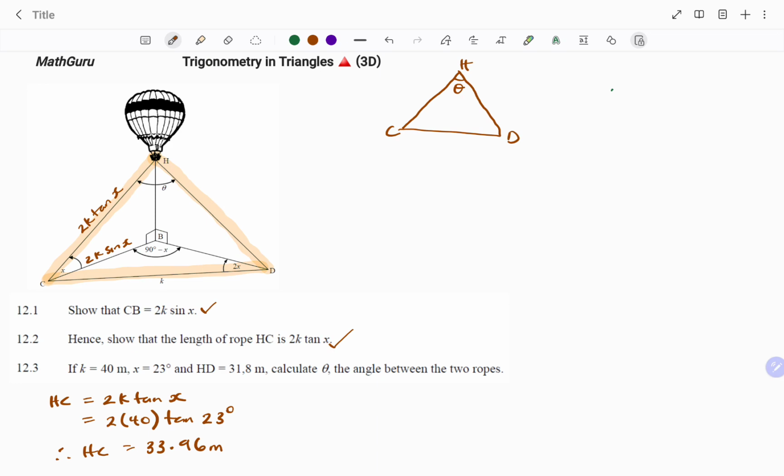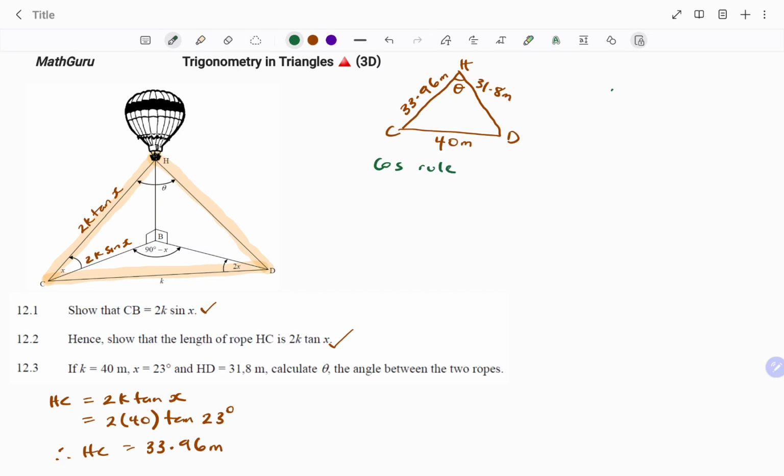So therefore, I have HC, that's 33.96 meters. CD is k, which is 40 meters. That's given from the question. And then HD is also given from the question. That's 31.8. So I have HD 31.8 in meters. So therefore, to calculate angle theta, I'm going to start with using my cos rule,